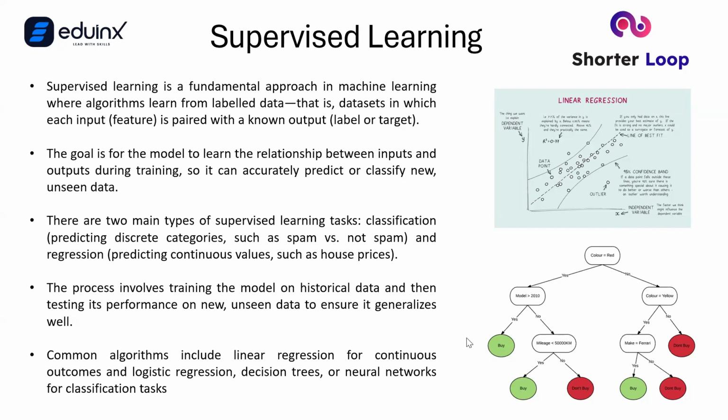There is another supervised learning technique that you see, which is called nested or a tree structure. It typically tells you that, let's say you want to buy a Ferrari, or any other thing, and you have your own calculated way of deciding when to buy a Ferrari and when not to. So let's say if the color is red, and the model you are looking at is greater than 2010 model, if this is yes, then go ahead and buy.